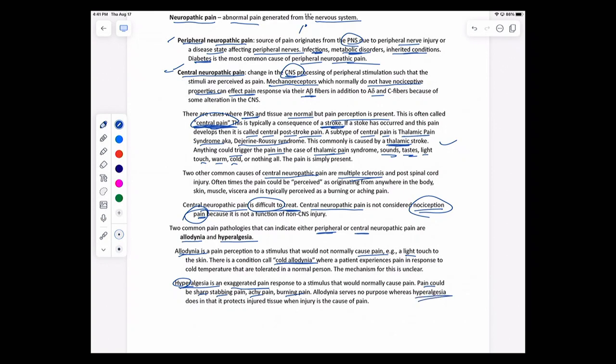Hyperalgesia actually has a purpose. If you have, say, a bruise, and of course bruises hurt, then if you're touching and manipulating it, that's going to hurt, but it's going to be an exaggerated type of hurt. The pain neurons themselves in a bruise are really hypersensitive, and that's basically your body saying, don't mess with this tissue, it is injured. So some types of hyperalgesia can actually serve a useful purpose in protecting injured tissue. The allodynia serves no purpose at all. It's just there, and again, very poorly understood.